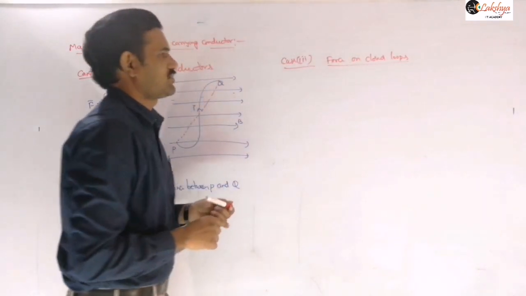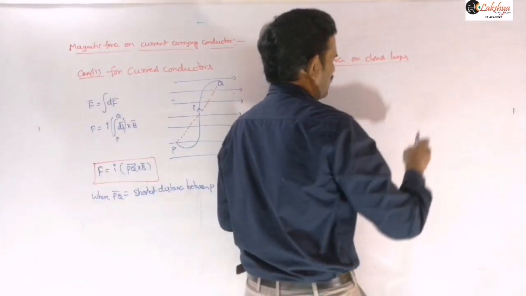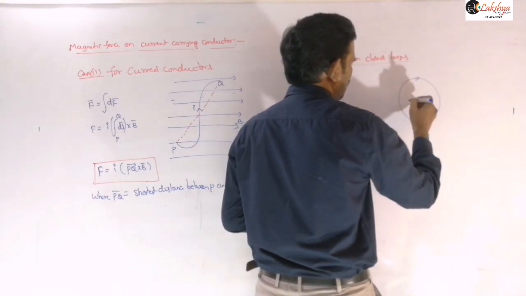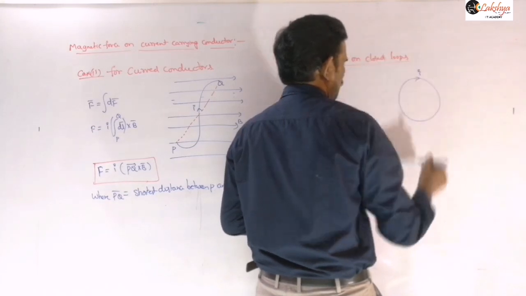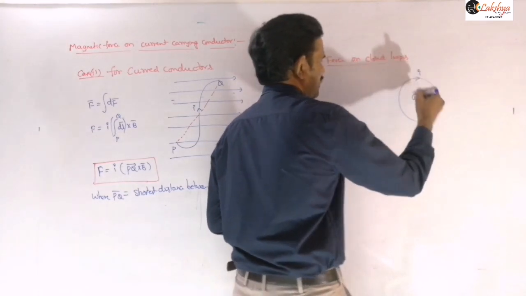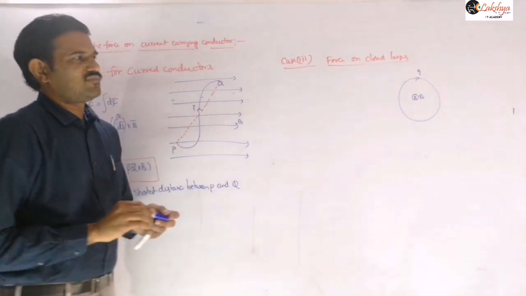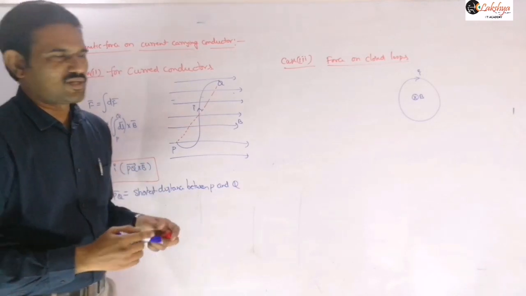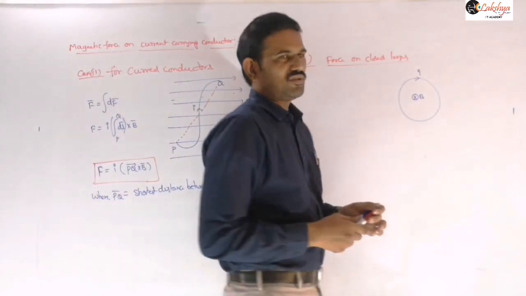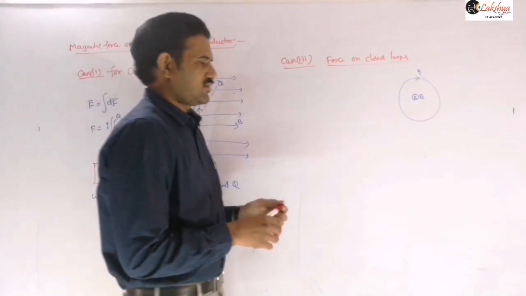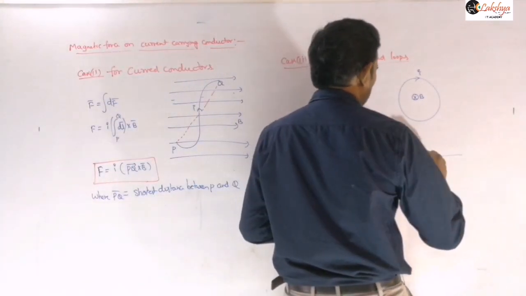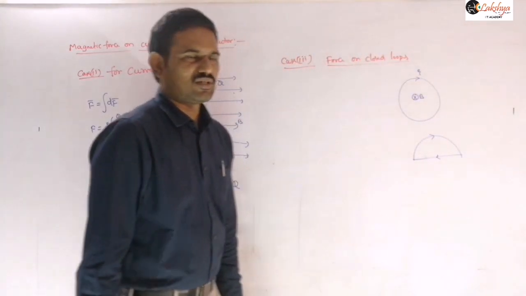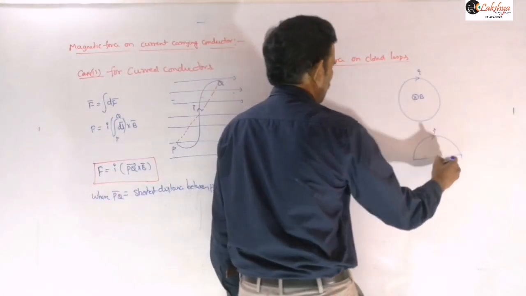So force on closed loops means, now suppose some current is there, that means like this a closed current carrying loop is there and it is placed in some magnetic field here. So my current is there here and this magnetic field is there here. Now our question is, what is the net force acting on this? That is our question here. You may take any closed loop there. Any closed loop you may consider here. Then what is the force acting on that we need to find here. Or you may consider it like this, so that this current is flowing like this. And so now we need to consider the force acting on this closed loop here.